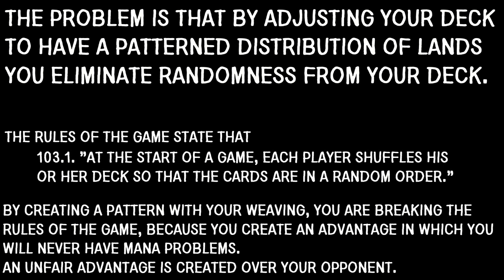A randomly assorted deck could have 24 lands in a row and then 36 spells in a row. That's a possibility that you've completely taken out of it by influencing how the lands and spells are organised. And as well as this, you've created an unfair advantage over your opponent because they have the possibility of getting mana screwed and you do not.